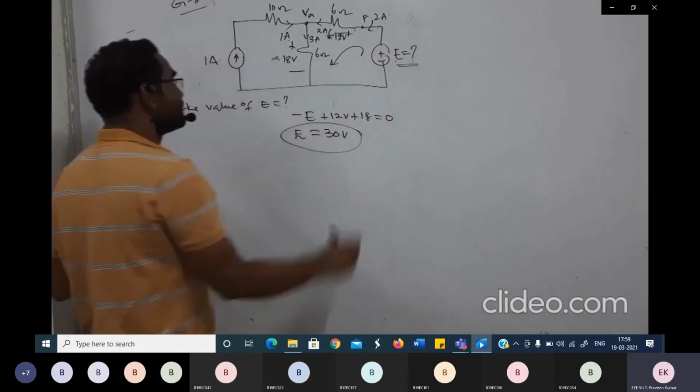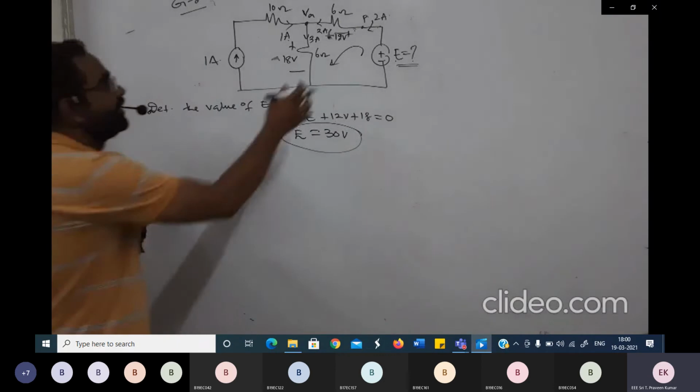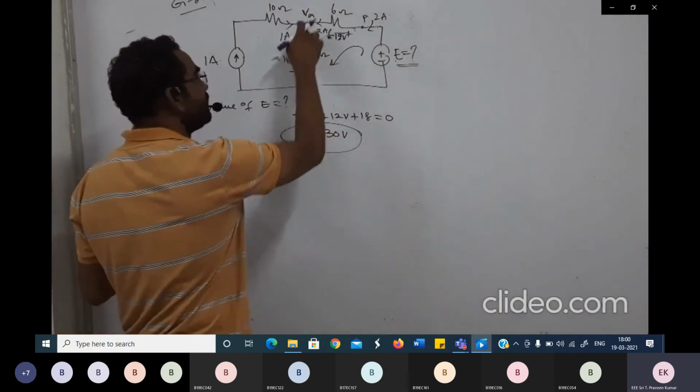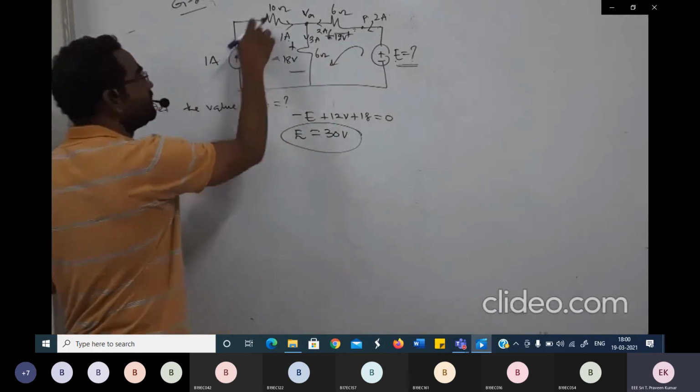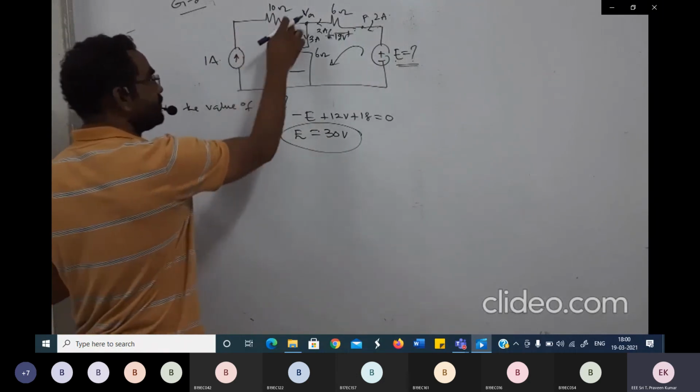Now this is the question which is asked for 2 marks in the GATE examination. See how simple this is. The only thing is you just need to apply the concept of KVL and KCL. Here I have applied this is 2 ampere, this is 1 ampere. So we need to know whether the same current is flowing in this or not. Because these two are connected in series, the same current is flowing here.